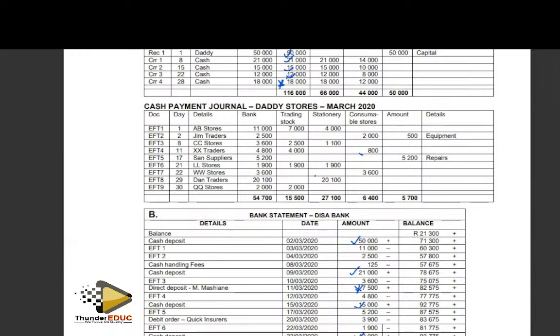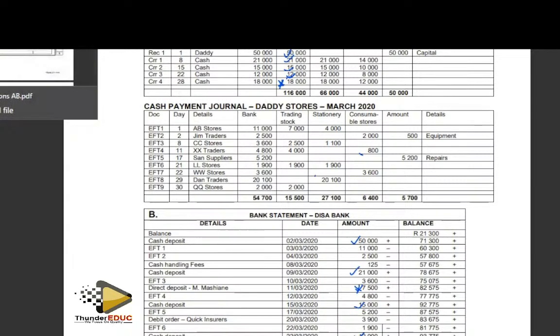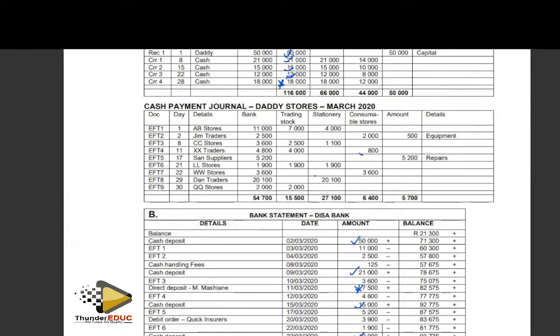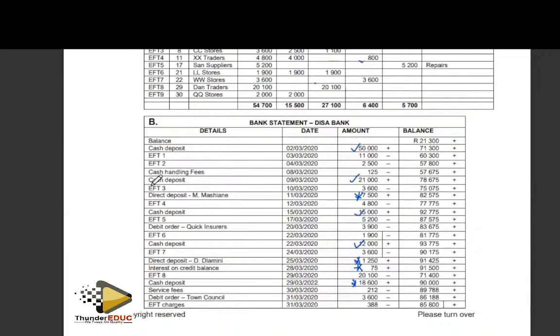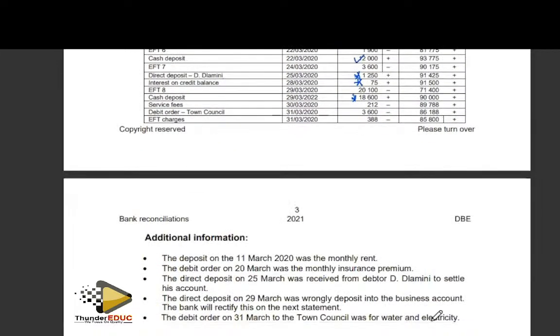Let's come here. I'm going to go to the cash receipts journal and start recording these items. But as I record them, I have to look for the additional information, okay? Now, the additional information talks about 7,500. Let's go there. I saw it. They are saying the deposit on the 11th of March, which is this date, was the monthly rent. So this information assists us to determine how we are going to do the analysis, and how we are going to record this item in our